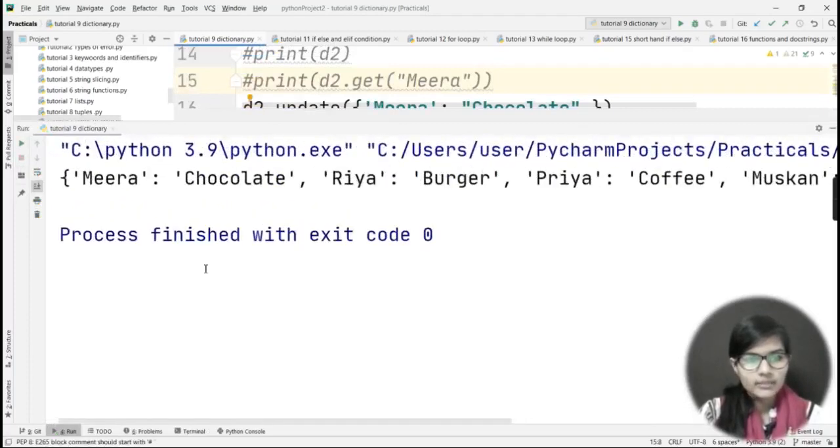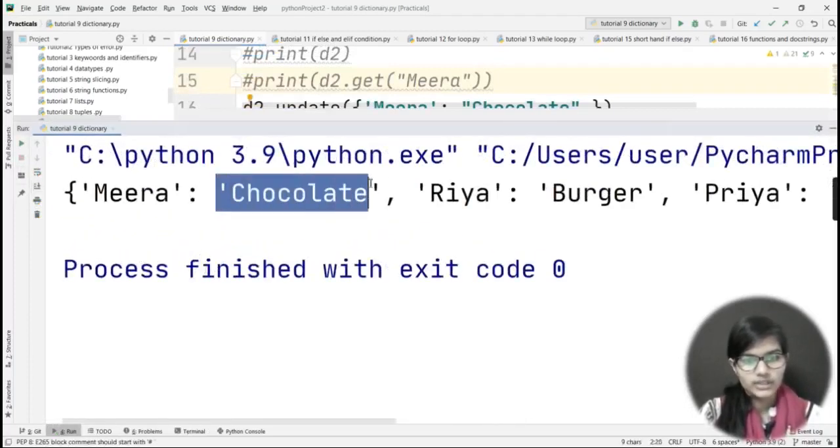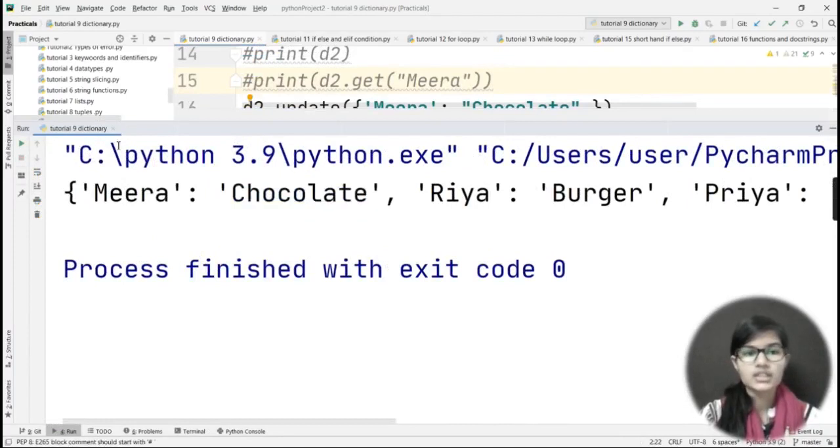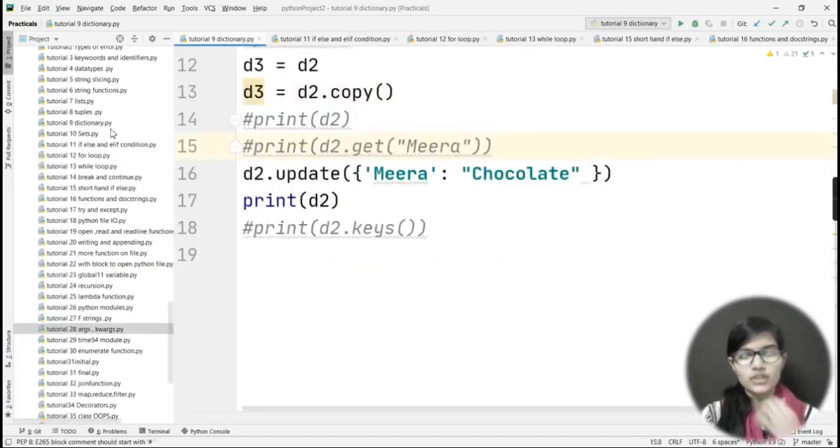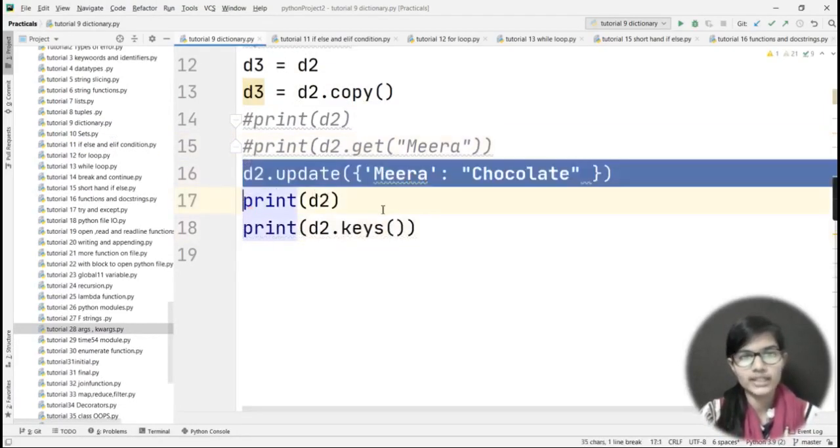So see, in Mira, what I got is chocolate, right? So this is how we update. If you want to update any element of your dictionary, this is how you do that. Now, the last thing for dictionary is that if you want to print the keys